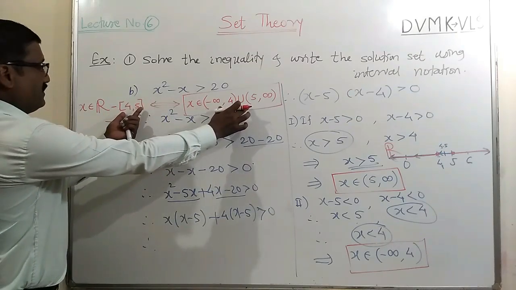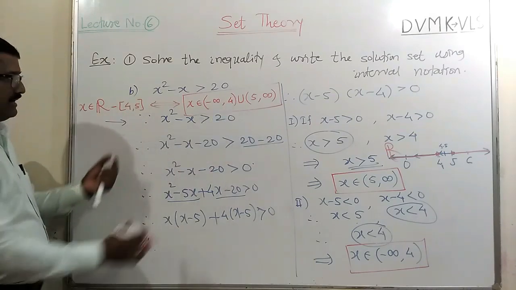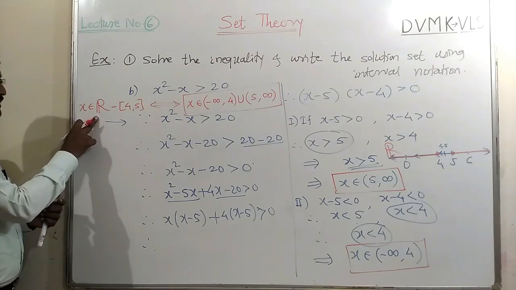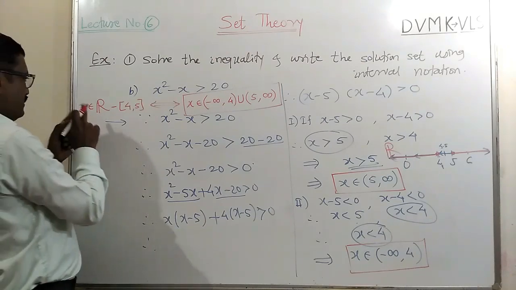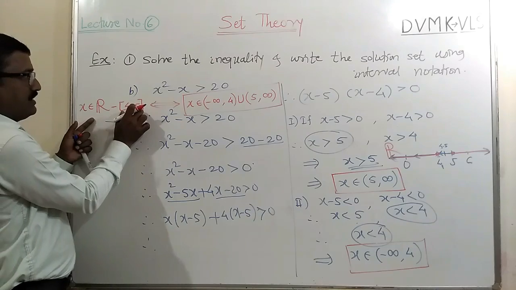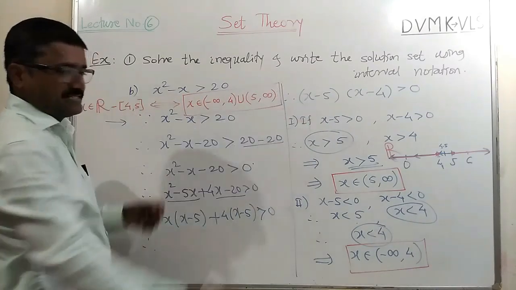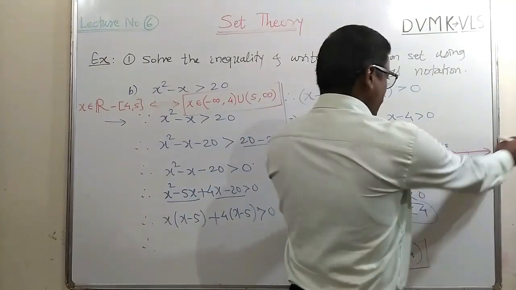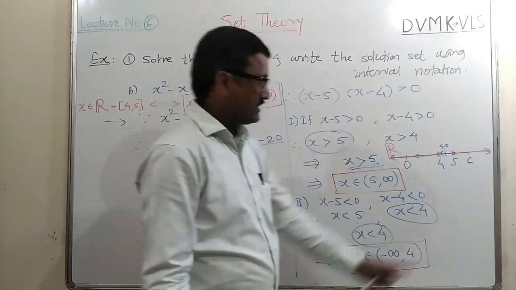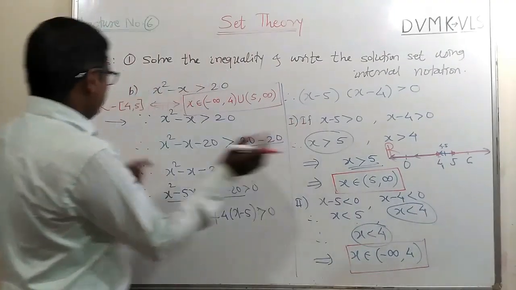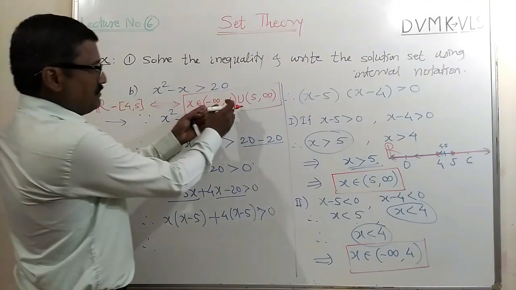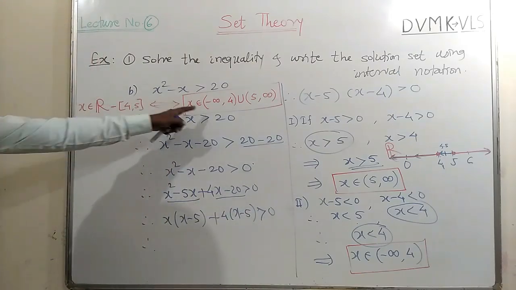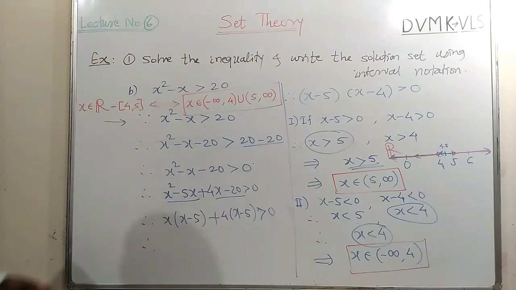This and these are complementary, and the union of this and this will give us the set of real numbers, or a line. So from the line we are separating this segment, so we get these two rays. We are observing that in the figure, because these red lines show that there are two rays except this segment. So from a line, if we subtract that segment, we get obviously two rays. So both have the same meaning or same solution.